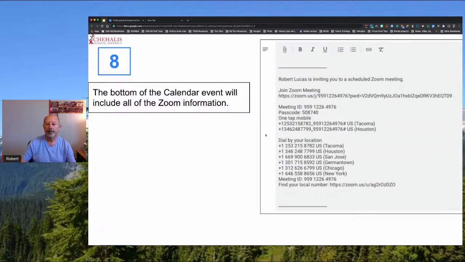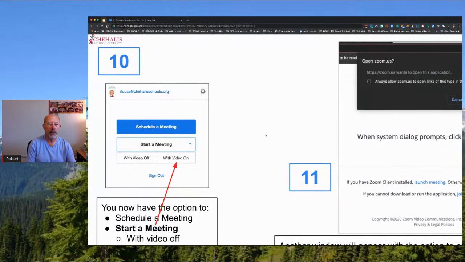So that's basically the calendar setup. Don't forget to click save though when you do that. If you go straight to creating a meeting with the video, I would suggest making sure you have video. Click on the video on,